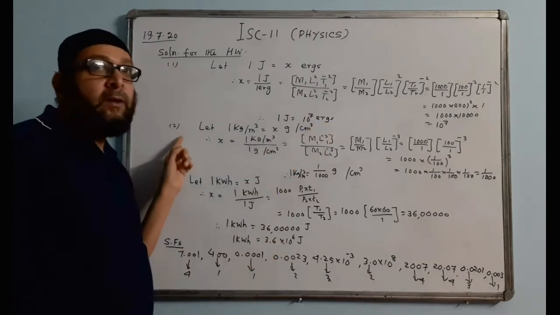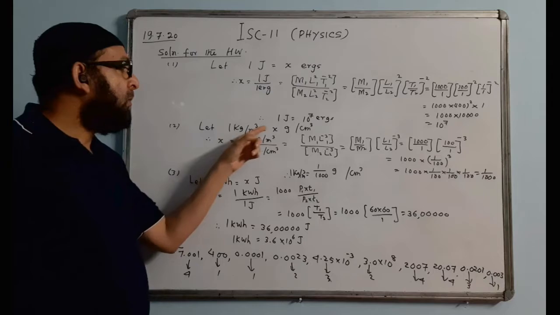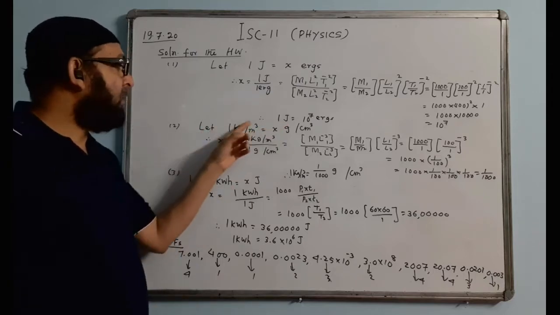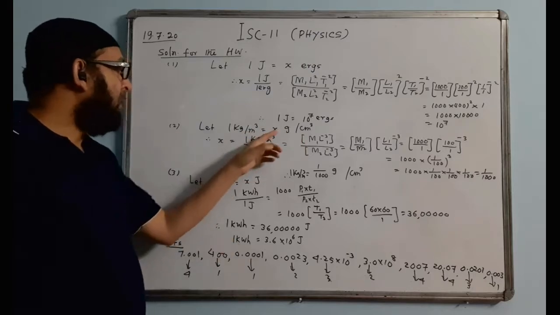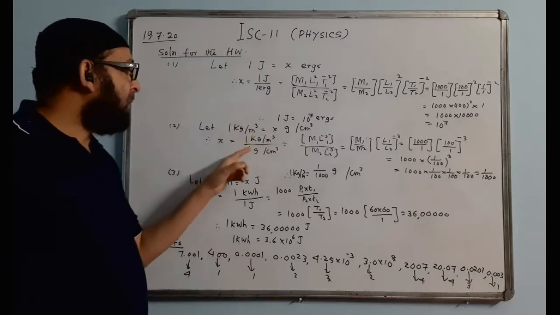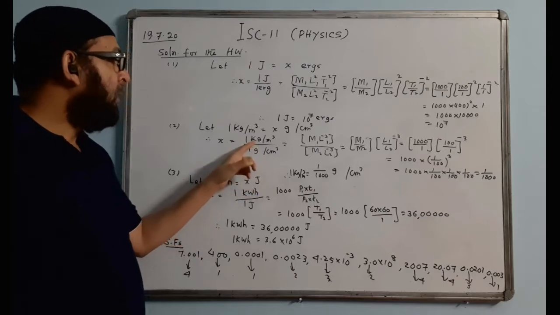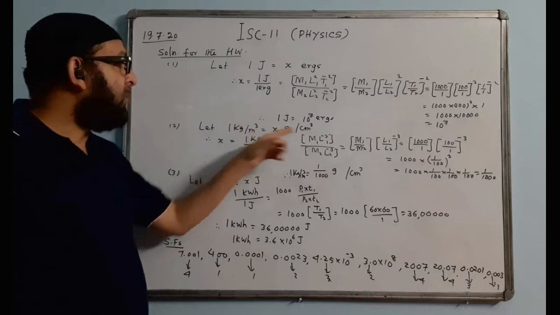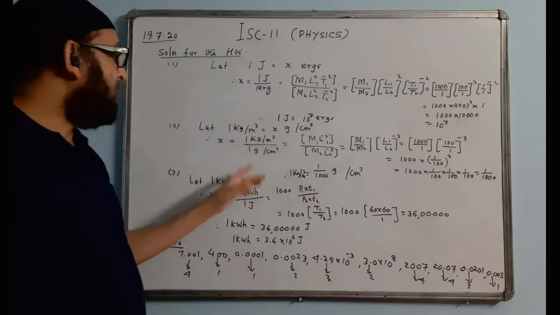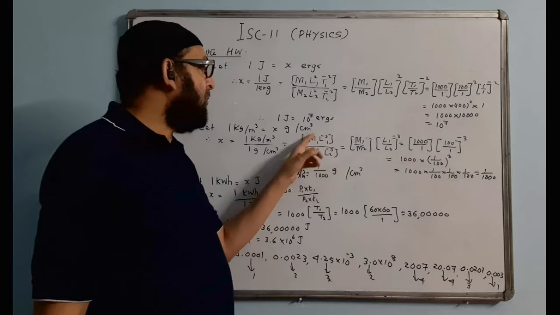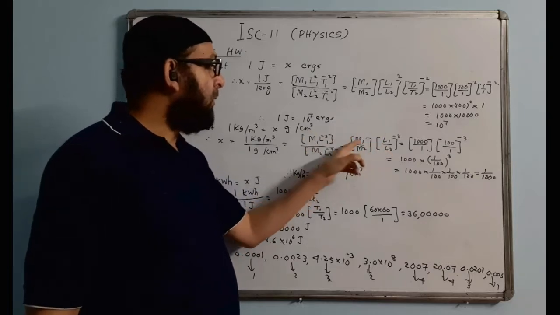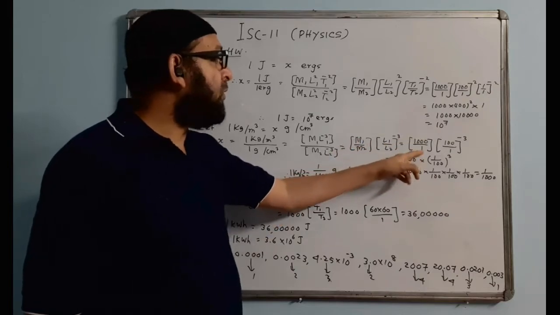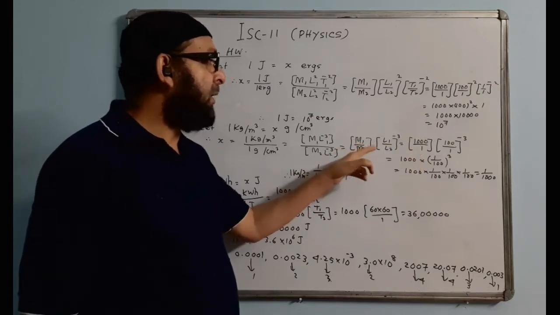Now question number 2, convert 1 kilogram per meter cube into gram per centimeter cube. Same way we will let 1 kg per meter cube is equal to x gram per centimeter cube. Therefore x value is 1 kg per meter cube by 1 gram per centimeter cube. Kg means mass, L cube is L to the power minus 3. Then separate M1 by M2, L1 by L2. M1 is kg, this is gram, so ratio is 1000 upon 1. This is 1 gram and this is 1000 gram.